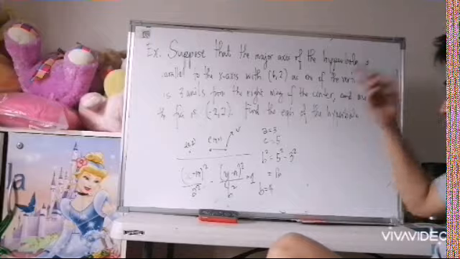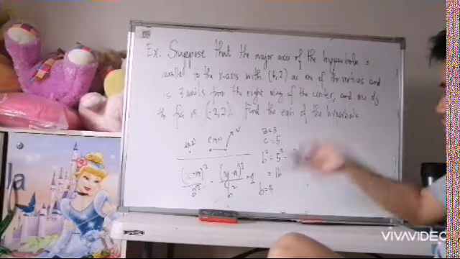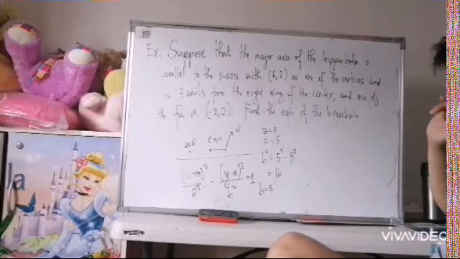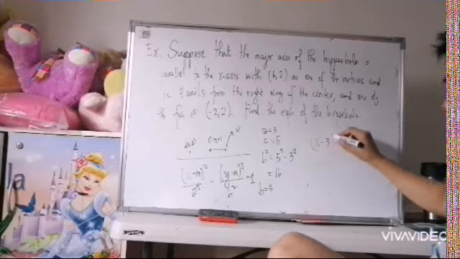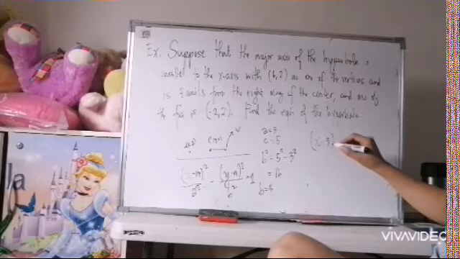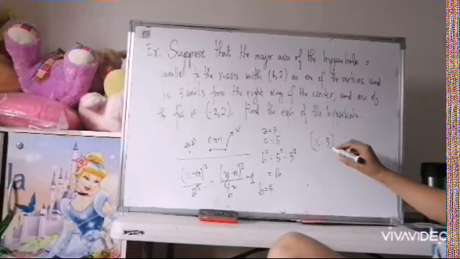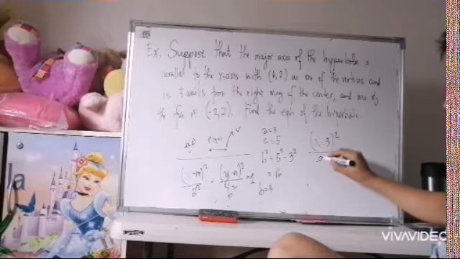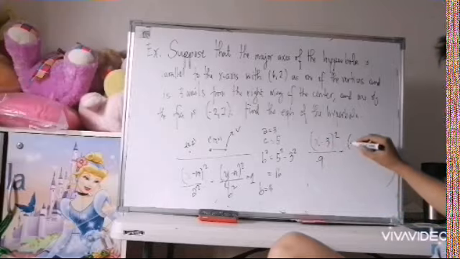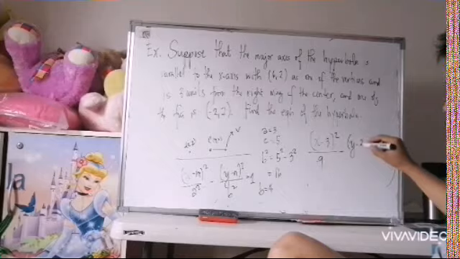So I got the center already. I have the information of the A. I have the information of the B. So therefore, I have x minus 3. So let me double check again. Yeah, I'm right. So squared over 9 minus y minus 2